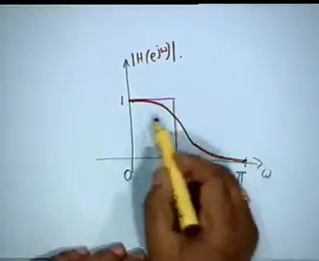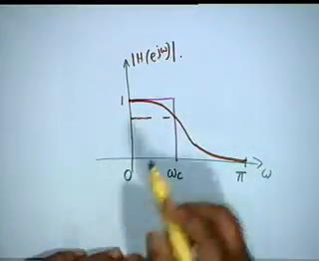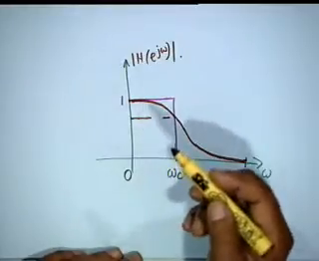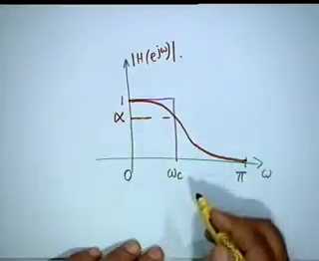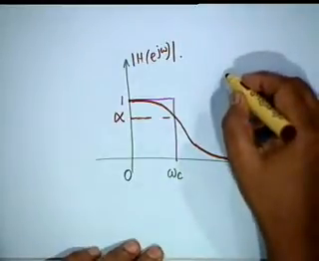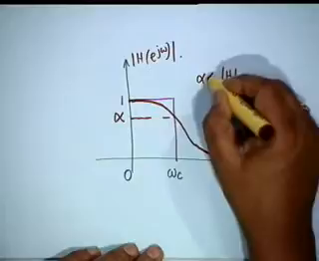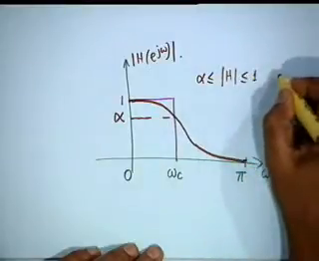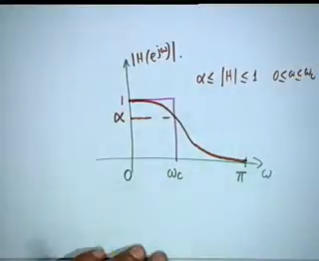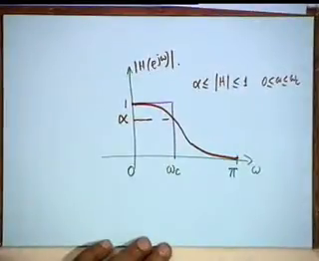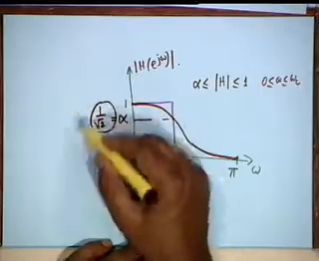So we define a cutoff frequency as the frequency within which the magnitude does not fall below, let us say, some quantity alpha. Omega c, the cutoff frequency, is defined as magnitude H lies between alpha and 1, for 0 less than or equal to omega less than or equal to omega sub c. This is the cutoff frequency, and alpha traditionally is 0.707 or 1 by root 2,